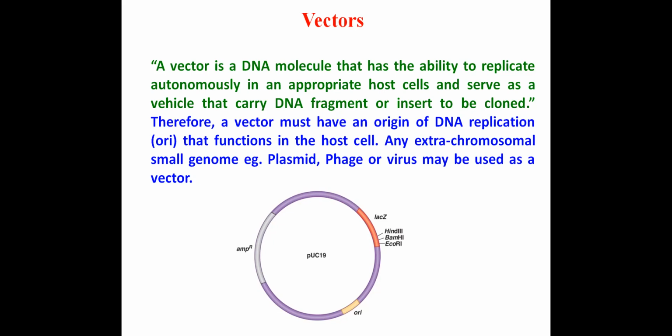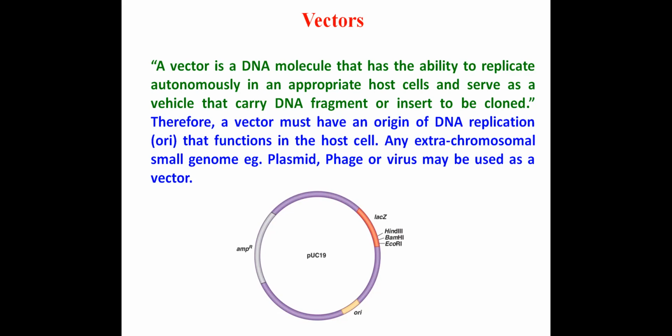You can directly insert naked DNA or a gene DNA fragment inside the cell. But when you insert that DNA, what will happen? It won't multiply. It won't replicate. Suppose your host is a bacterium and you are transforming the DNA directly into the bacterium. It gets inserted inside the bacterial cell, but when the daughter cells form, it won't go to the daughter cell. It means it won't multiply. You won't get multiple copies of a particular gene.